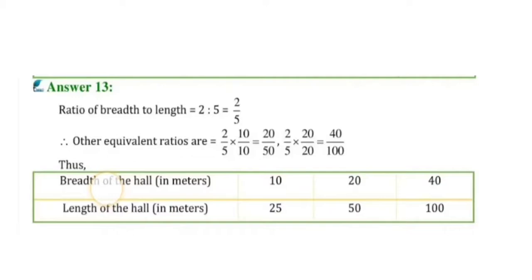So you can see in the table, the first, when the length is 25, at that time the breadth is 10. If we find the ratio, it will come 2:5. It means in 2/5, when we multiply by 10/10, it will come 20/50. Means the second answer is 20. And see the third one, the breadth is given 40. So in 2, when we multiply by 20, 40 will come. So the same in the denominator also we will multiply by 20. So the answer will come 100.